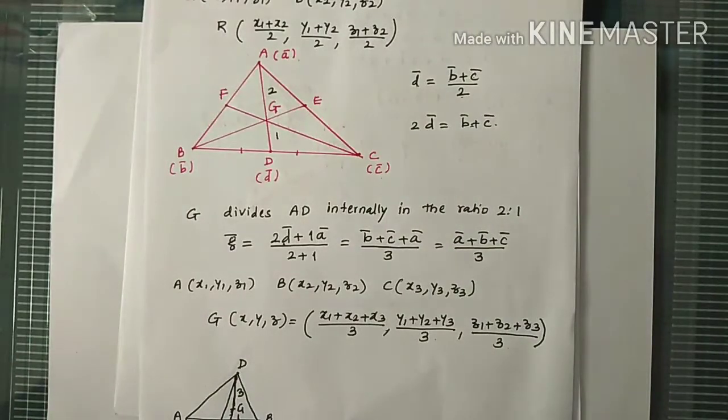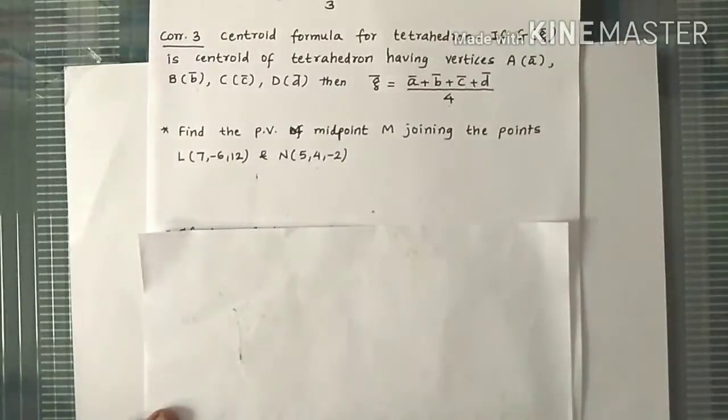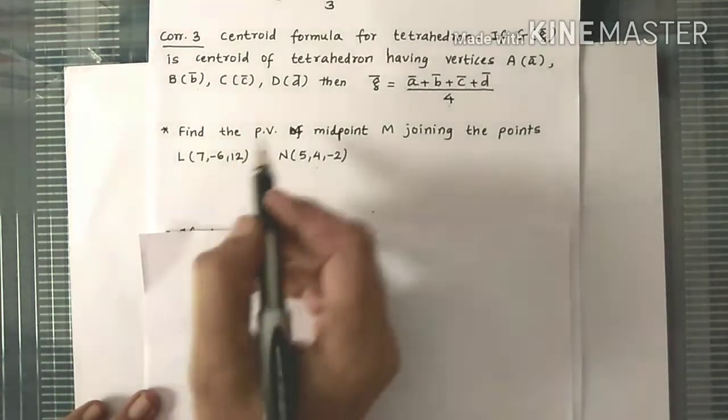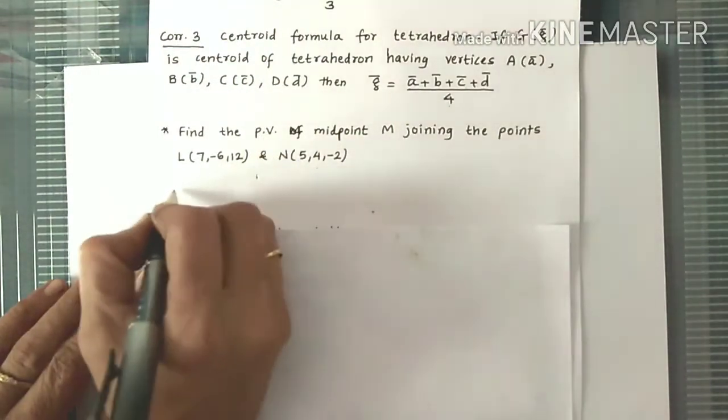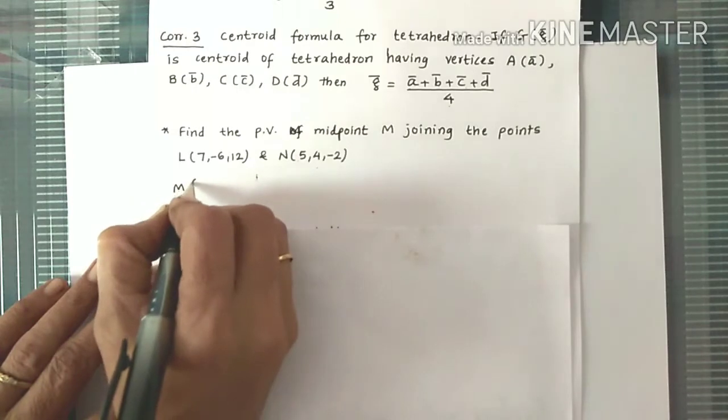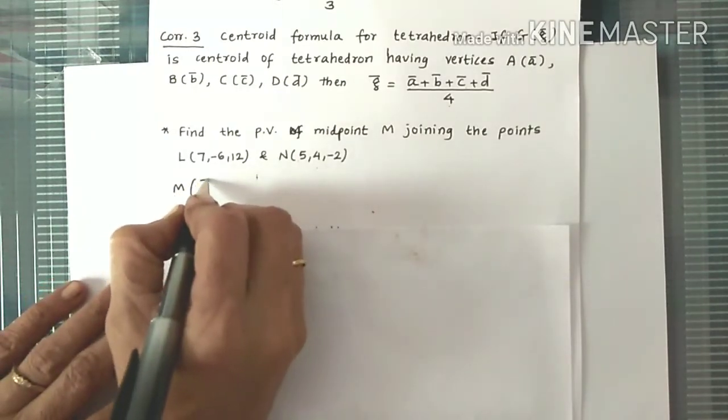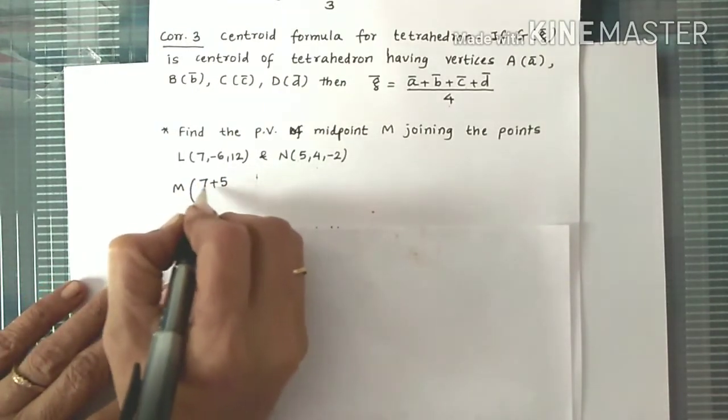Now let's solve some questions based on this midpoint formula and centroid formula. Here the question is, find the position vector of midpoint M joining the points L (7, -6, 12) and N (5, 4, -2). It's a really very simple question. To find the midpoint of LN, if M is the midpoint of LN, then by the midpoint formula add the x coordinates and divide by 2,